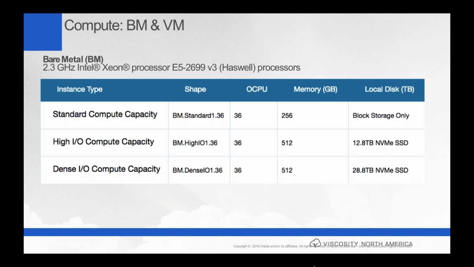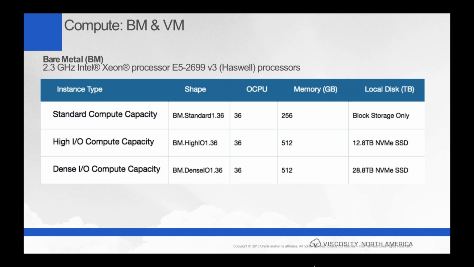So let's go through the architecture, compartment by compartment, component by component. First, we'll focus on compute. Compute bare metal. This is the processor type. Again, this is going to continually change and evolve as new things get introduced. But as it stands right now, it's a 2.3 gigahertz Intel Haswell processor. There are three different compute shapes for bare metal. One is standard, and you get 36 OCPUs with 256 gig of memory